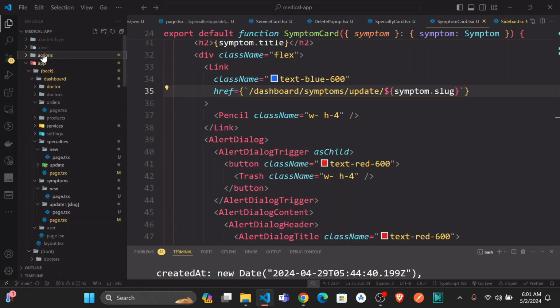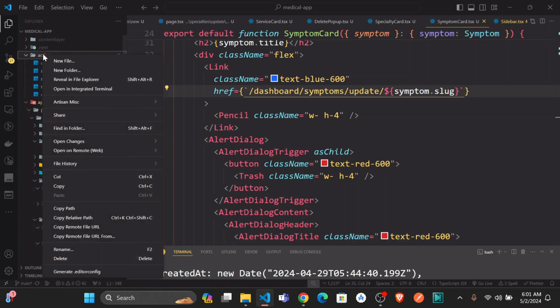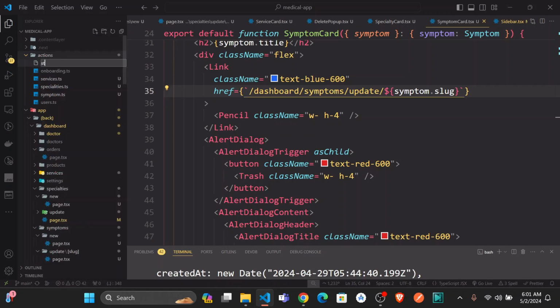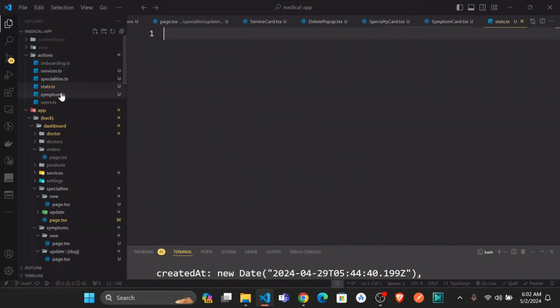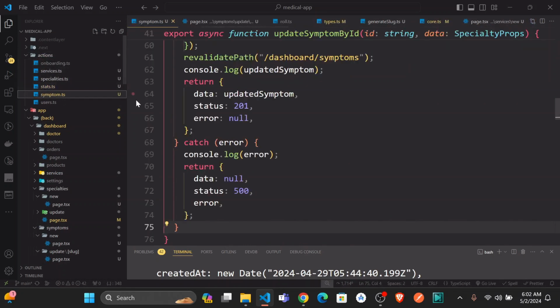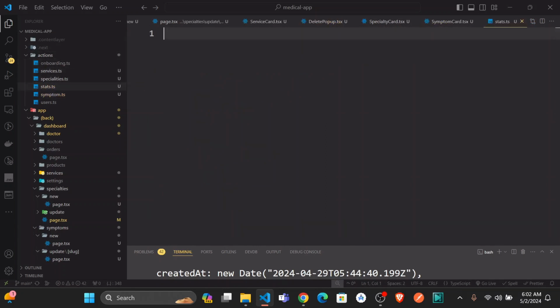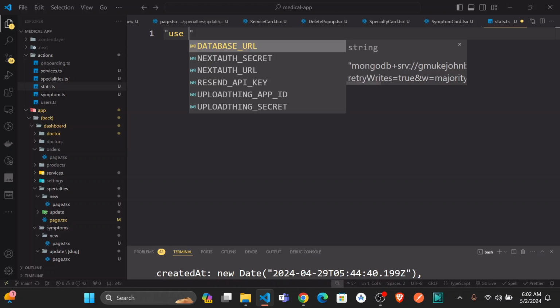Okay, I'm just going to create a new server action, and I'm just going to say stats, just like this, dot ts. Now you could just go ahead and copy some of these things. Don't need to copy any. Just say use server,